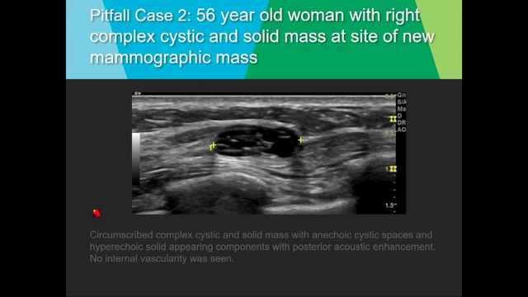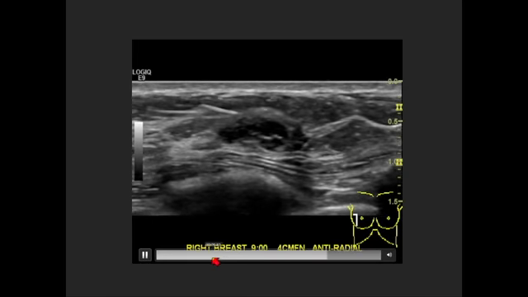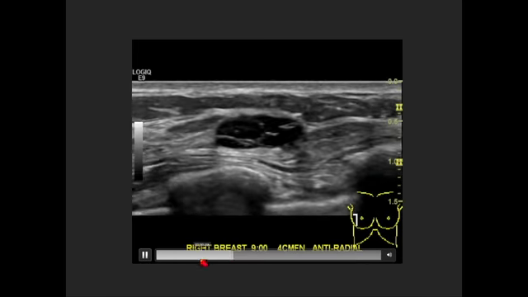So pitfall case 2 here. Another new mass seen mammographically, and this is what we see at ultrasound. Many benign features, again: posterior acoustic enhancement, parallel, oval in shape, very well circumscribed margins. No internal vascularity was identified. And here's the clip showing those margins, as far as we can see, look really nice and